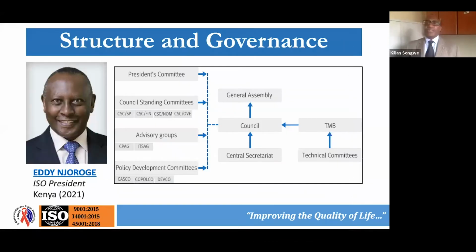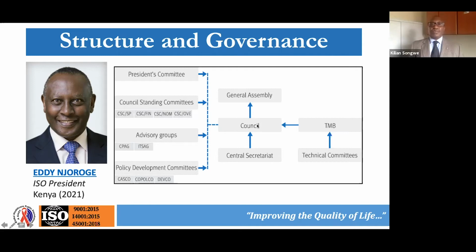And I actually threw in this slide because I could not be more proud. Eddie Njoroge is the president of the International Organization for Standardization, and Eddie comes from Kenya. Actually, Kenya just happens to be the country of my birth. That's why I'm so proud of him. Glad to be able to show him here. The ISO actually has 6 members, and Eddie happens to be its president, and 2021 just shows when his term of office actually expires. So when you look at the structure and governance for the International Organization for Standardization,